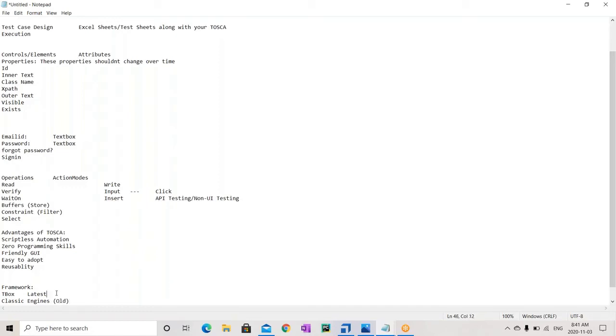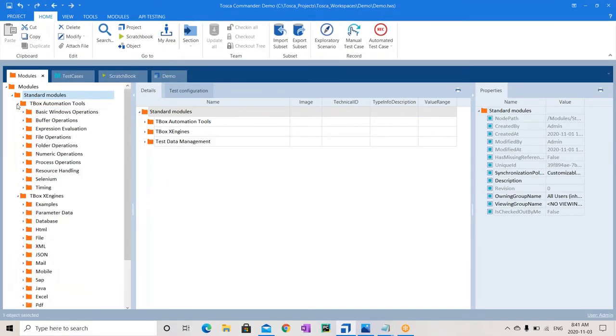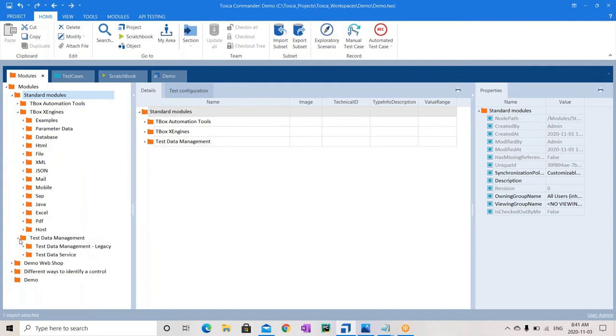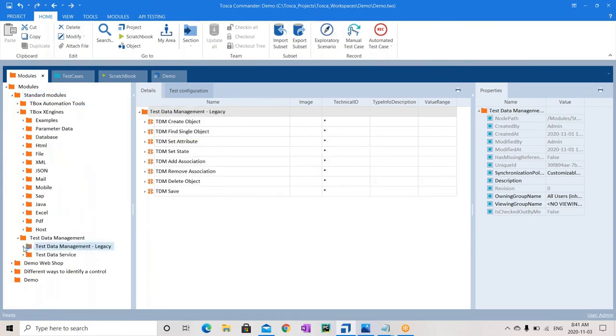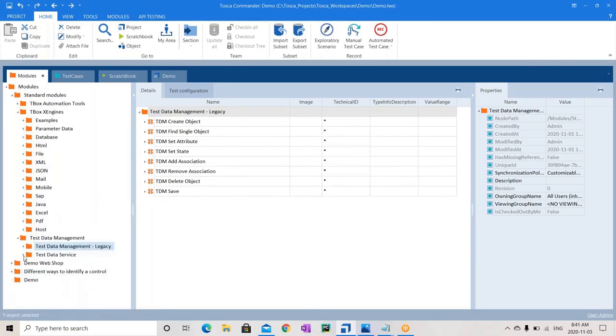The latest one is the T-box framework we are calling, and it already has everything integrated into it internally. There is nothing like engines. If you see your standard modules, here you can see, I'll show you, the classic modules will also be present. They will be here. Yeah, these are the legacy things. There will be engines like Gupta engine.